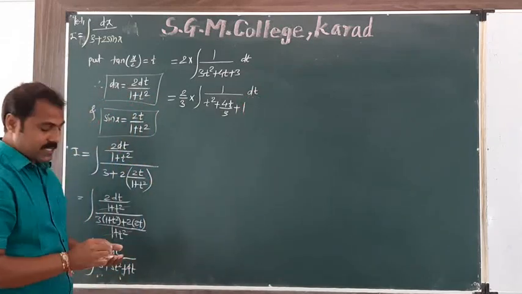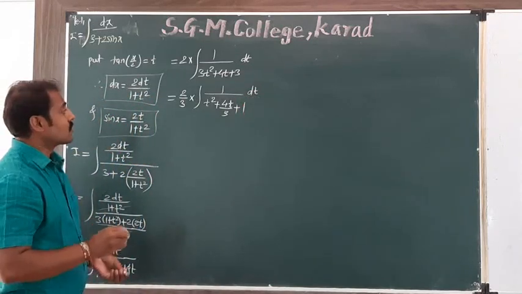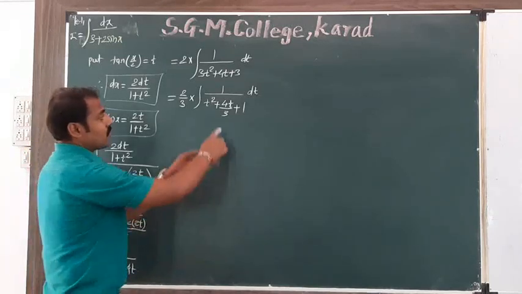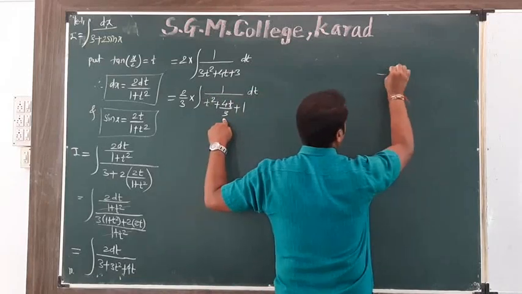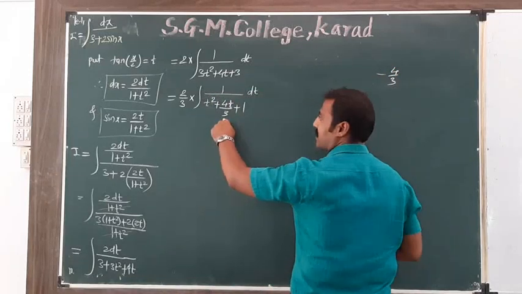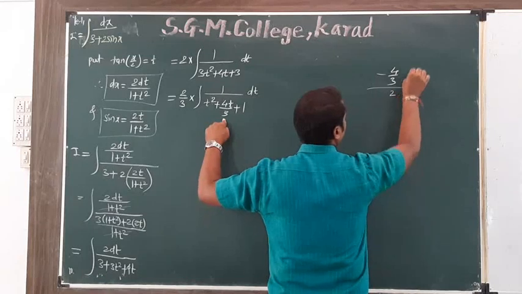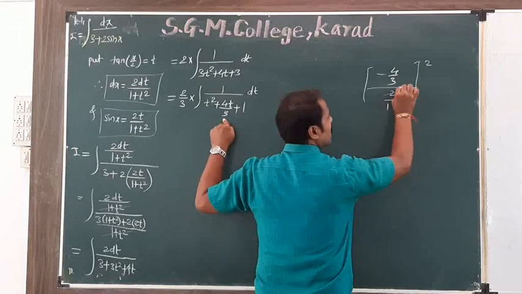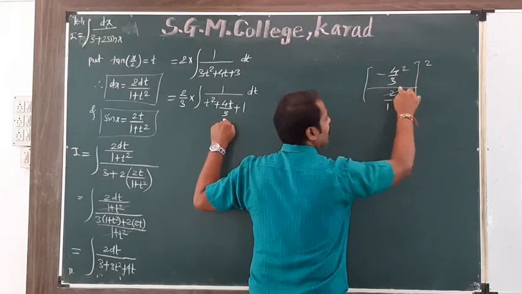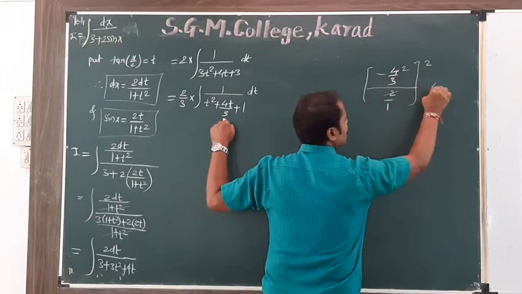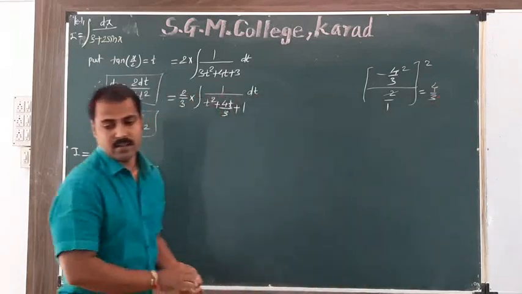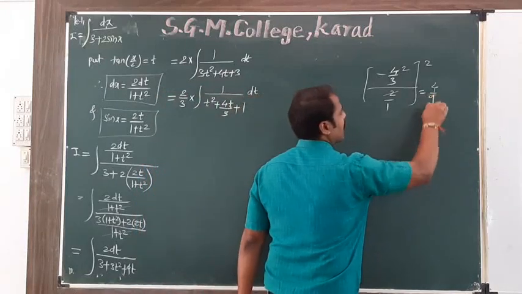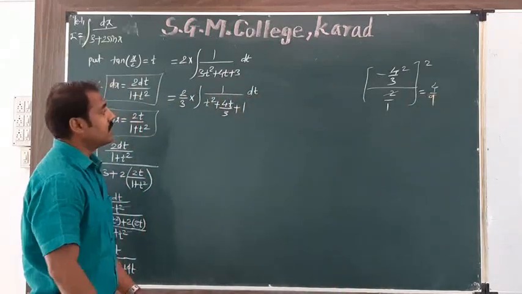Okay, so now the next step is what? Add the third term. The formula for the third term is minus the coefficient of t, that is minus 4 by 3, divided by 2, in brackets, square. Here the denominator of 2 is 1, 2 twos are 4, minus 2 by 3. The square of minus 2 by 3 is 4 by 9, that is we add 4 by 9, since the square of 2 is 4 and the square of 3 is 9.